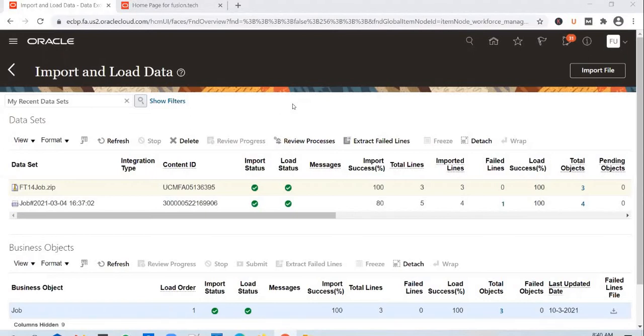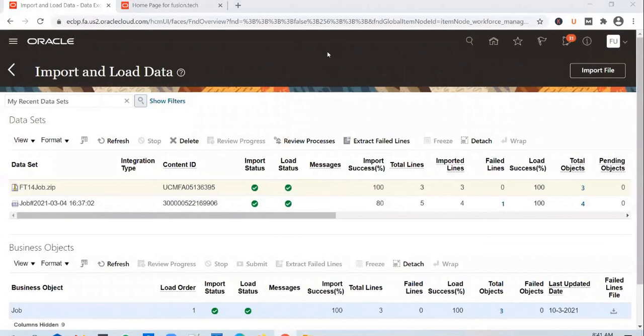We don't get to see the threads, and I haven't seen a case where one thread or two threads fail. We don't get to see that information in case one of the threads fails. But I believe internally it should work the way you just said: if a thread fails, whatever load it is processing should be considered a failed record. Anyway, it gives everything on the screen that we see. Okay, correct.